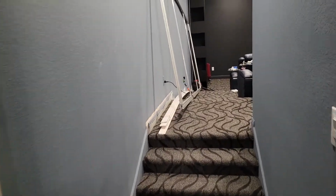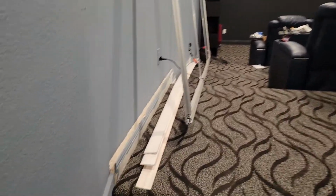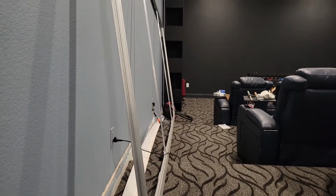Okay, update time. I'm going to have to fly to Portland, Oregon in the next day or so, so I'm not going to get to do much more before I leave. I've started taking out some of this baseboard just to see how easy it would come out. That's all got to come out from this point all the way down to where it hits the front wall